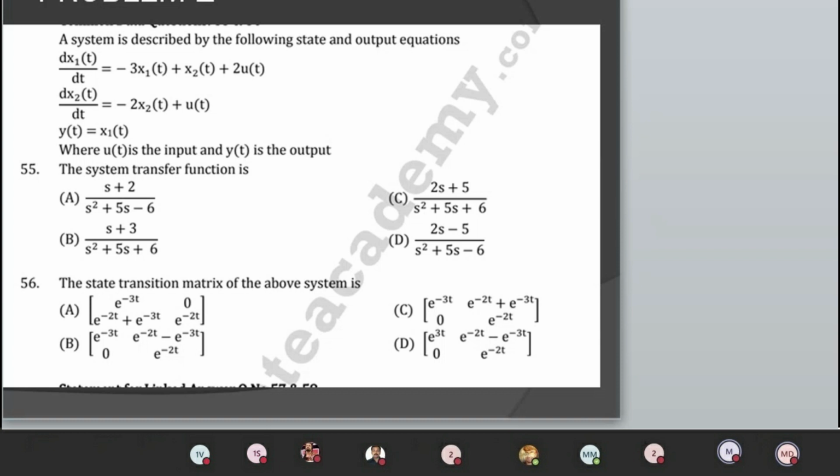Students, the equation may be a differential equation or an equation in terms of state vector, so you have to identify properly. He is asking two choices: the system transfer function and the state transition matrix. From the choices, you can understand the system transfer function is always frequency domain and the state transition matrix is always time domain. I told you already clearly. Finding the state transition matrix is indirectly finding the transfer function. Both are correlated to each other.